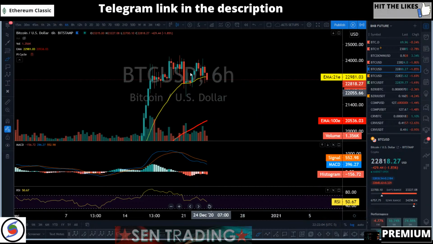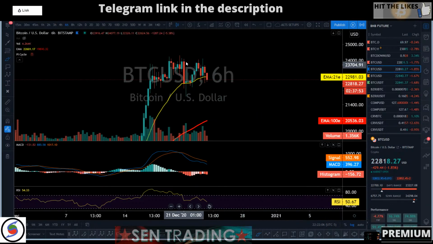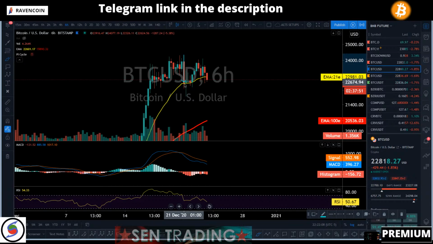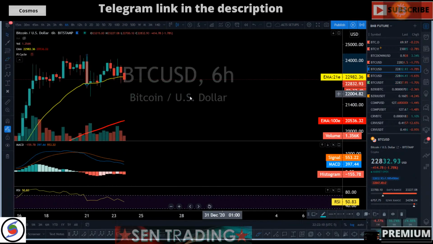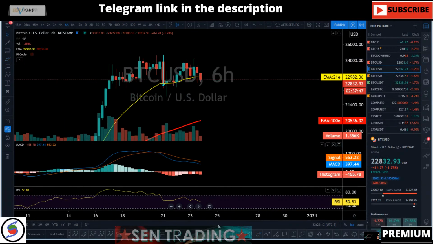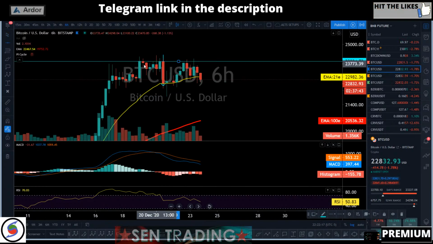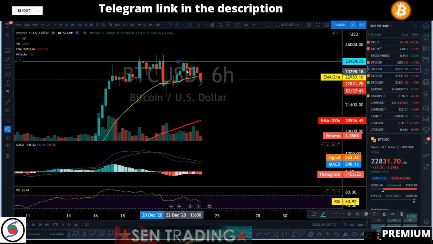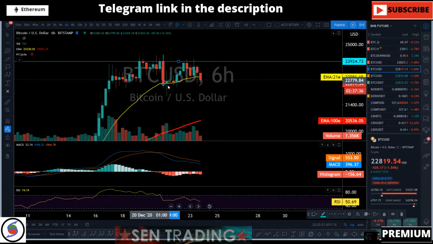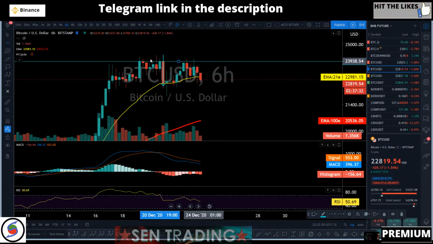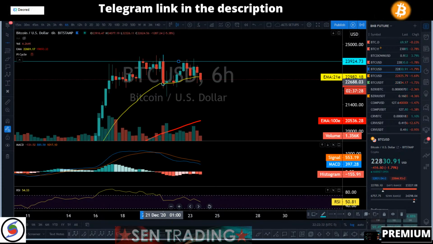But the sell-off is not confirmed yet, right? Even though we got a very bearish engulfing candle right there, and bulls bought the dip. Okay, that was kind of scary if you're a bear. They bought the dip very quickly. So we were bullish in this area. Once we got to that area, you've got to be cautious. You've got to either take profits or put in your stop loss. But we were bullish right there.